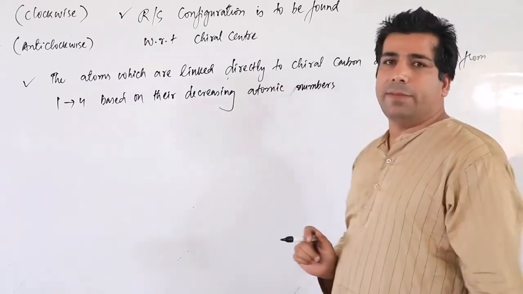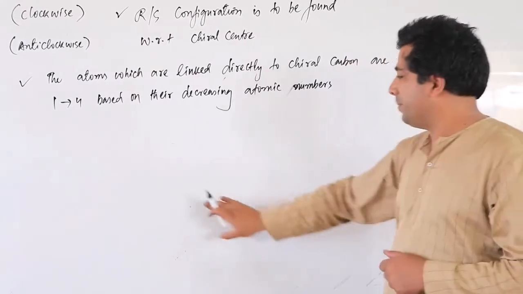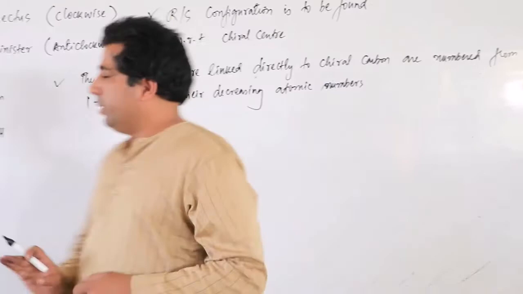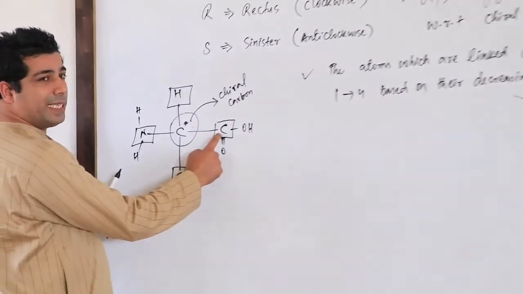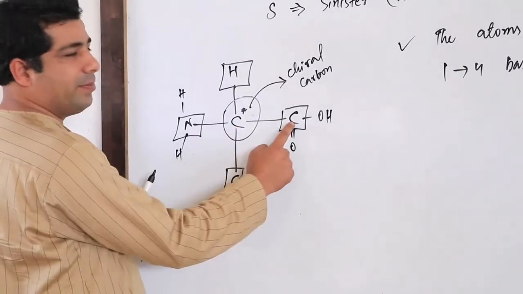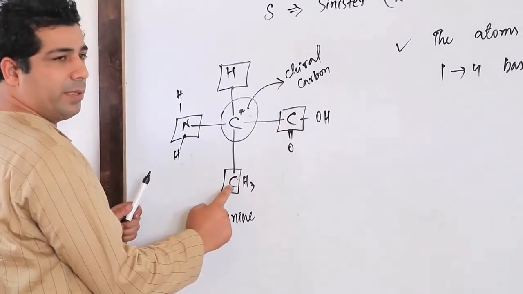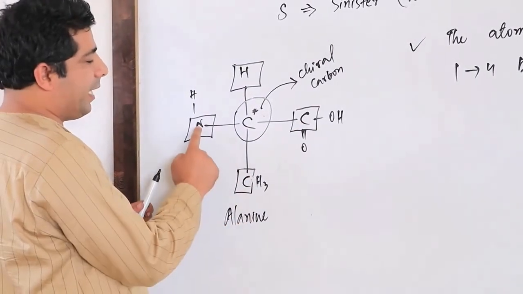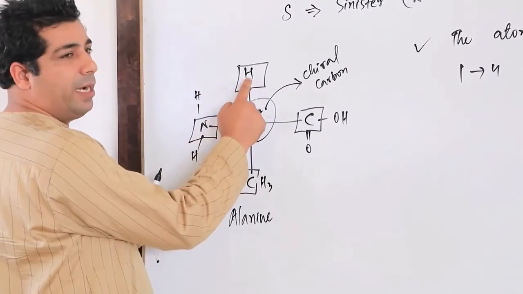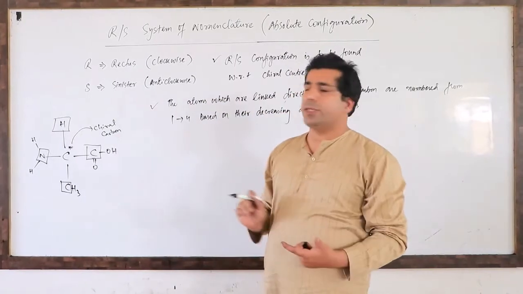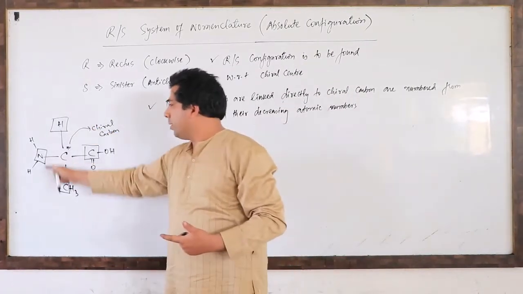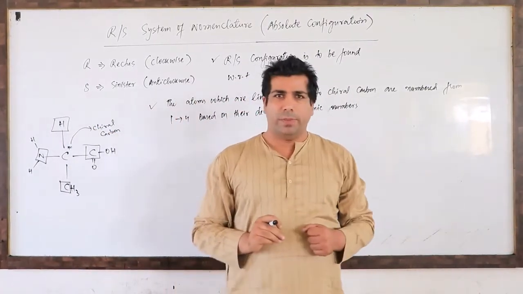Correct? So let's have a look, my dear friend. Let's take on these substances with me. First of all, which thing is directly linked to the chiral center? Carbon. And here also carbon. But who is linked here? Nitrogen, and here hydrogen. So my dear friends, we will be numbering these groups from 1 to 4 based